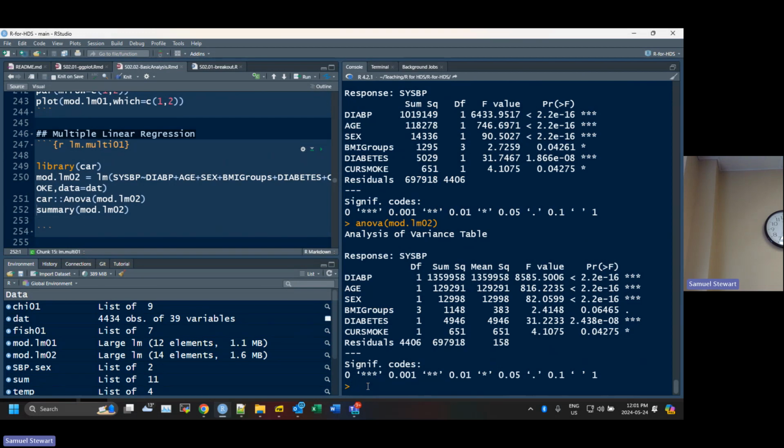It's called type 1 sum of squares. I don't know why anyone would do that. You can imagine why it would matter, but in general, I don't want the order I put my variables in the model to influence how important they are. So type 3 makes way more sense. The problem is that this is how they coded it 30 years ago, and they don't want to change it because it would break people's code, like it would break people's expectations. And I understand that, but you'll see that I tend